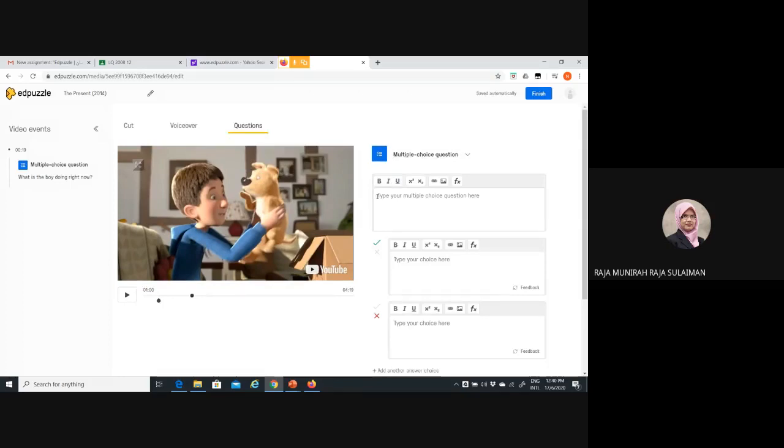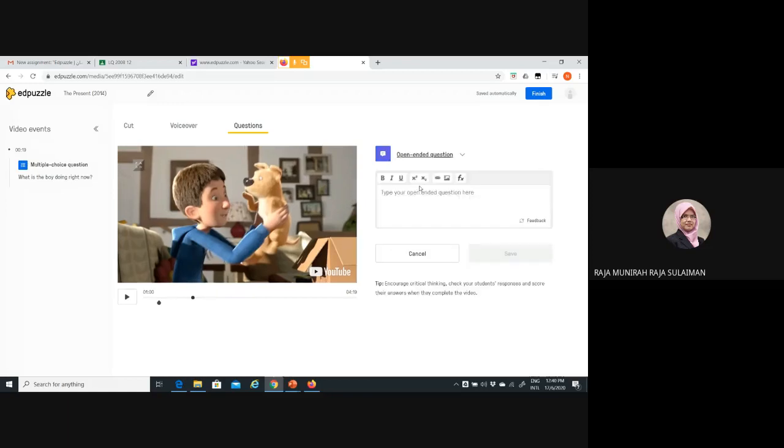Maybe we want to ask, no, I don't want multiple choice. Maybe I want to add an open-ended question. But remember, this type of question, you need to do manual marking. You need to add the grade. It's not automatic.